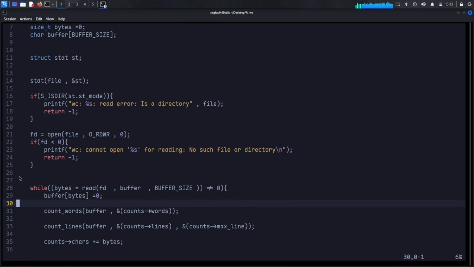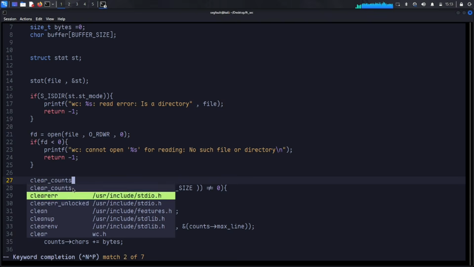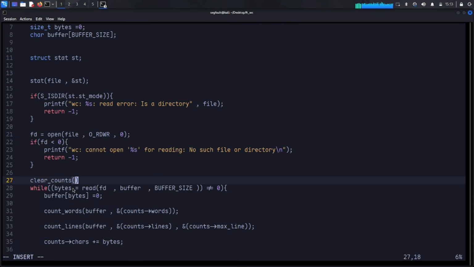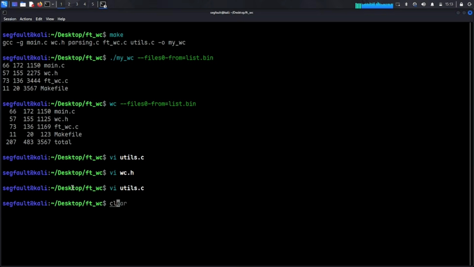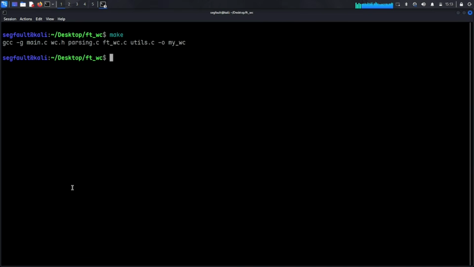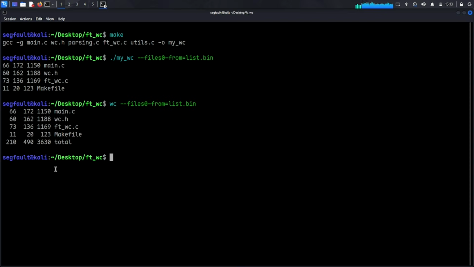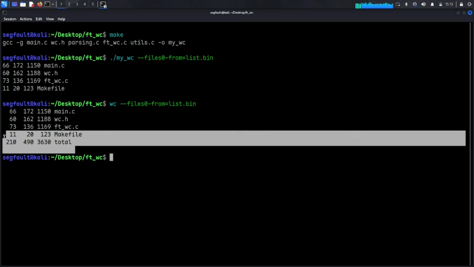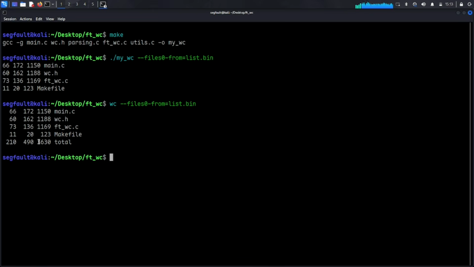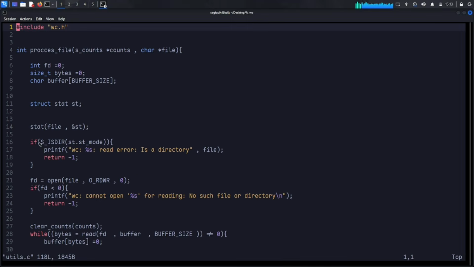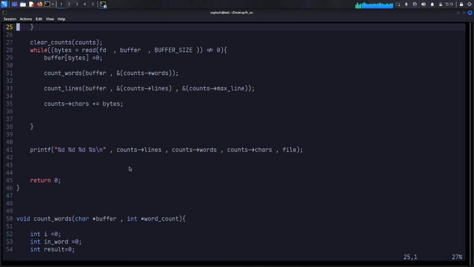Alright, right here, for example, clear counts, and it's going to take the counts. Now let's see. Good. Now as we can see, we have the same output. Now we just need the total. Alright, so now we process each file. Let's see